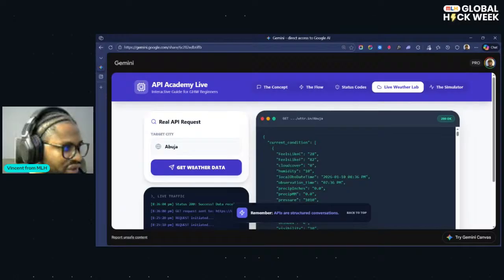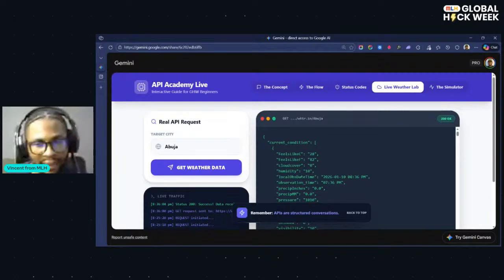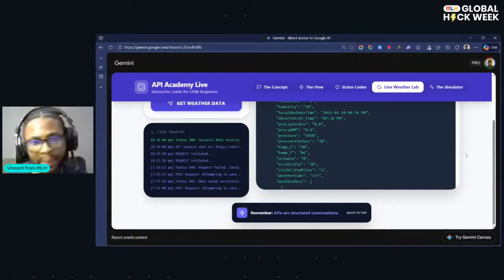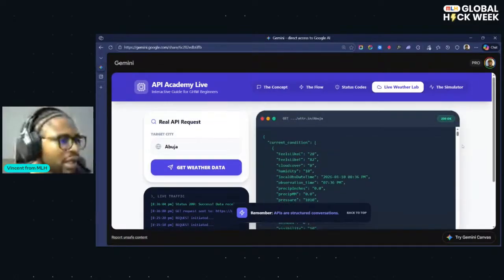Uber uses Google Map also, and the way they use it is from the API, right? So other applications also use Google Map. You can use Google Map as well if you're building something around location. You can literally plug Google Map inside the application and make use of that. So this is literally what APIs are all about. It's all about communicating with another, either you're building or you're consuming. So we're looking at it from the consuming point of view now.